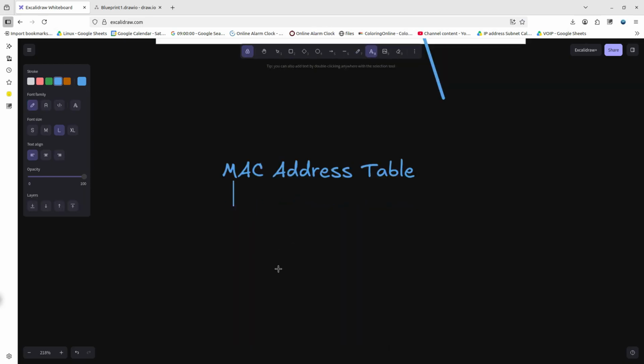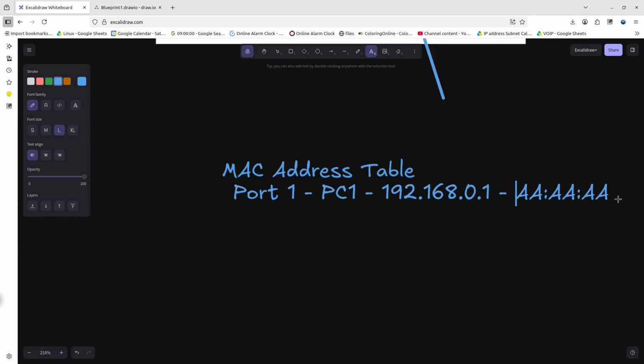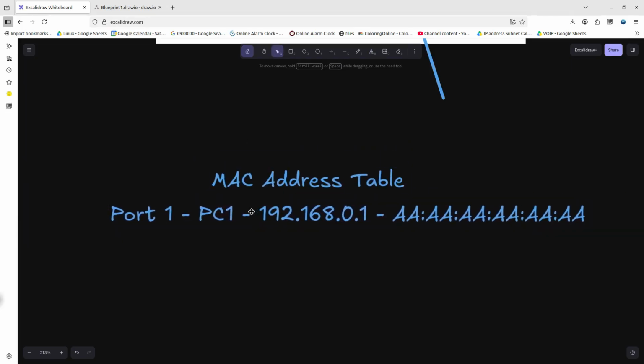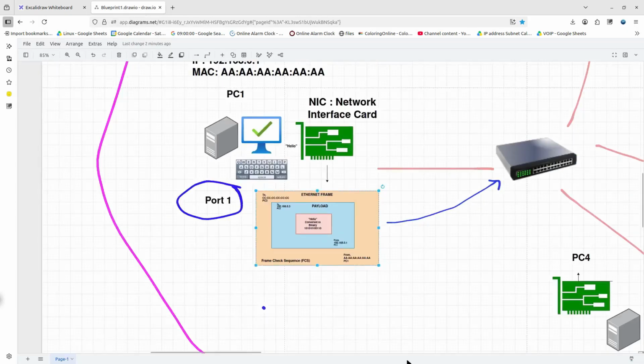First, it is port 1. Port 1 is associated with PC1, and PC1 is associated with 192.168.0.1, and the MAC address AA.AA.AA, all A's essentially. Let me just format this properly. Hold on. Fair enough? Now that information has been stored in this MAC address table. Remember the ARP cache that we did in our previous video? Similar to that. Once it has stored all the details of the incoming Ethernet frame,